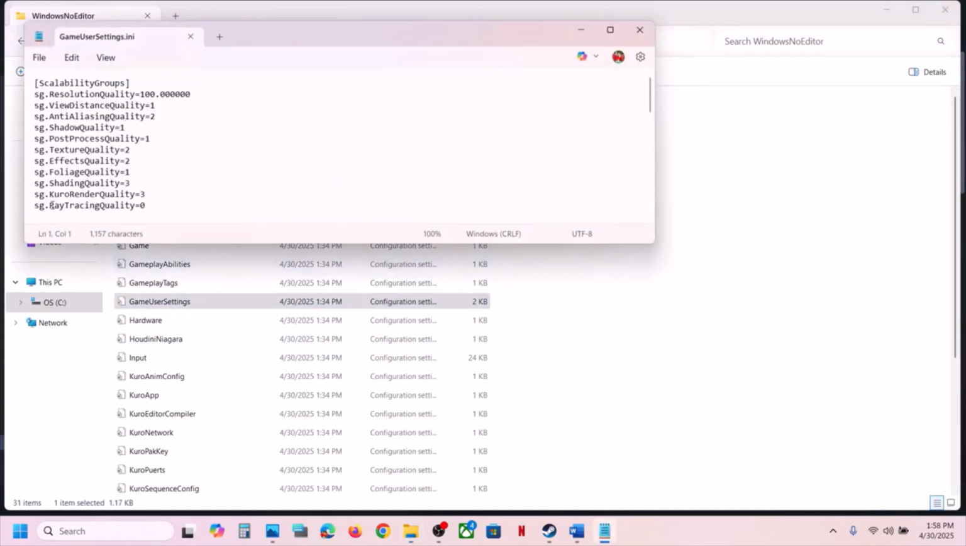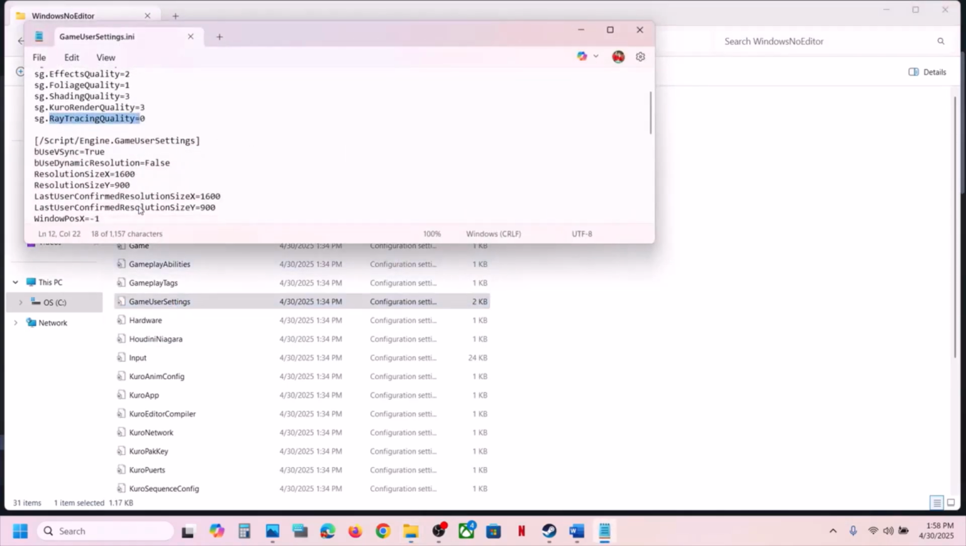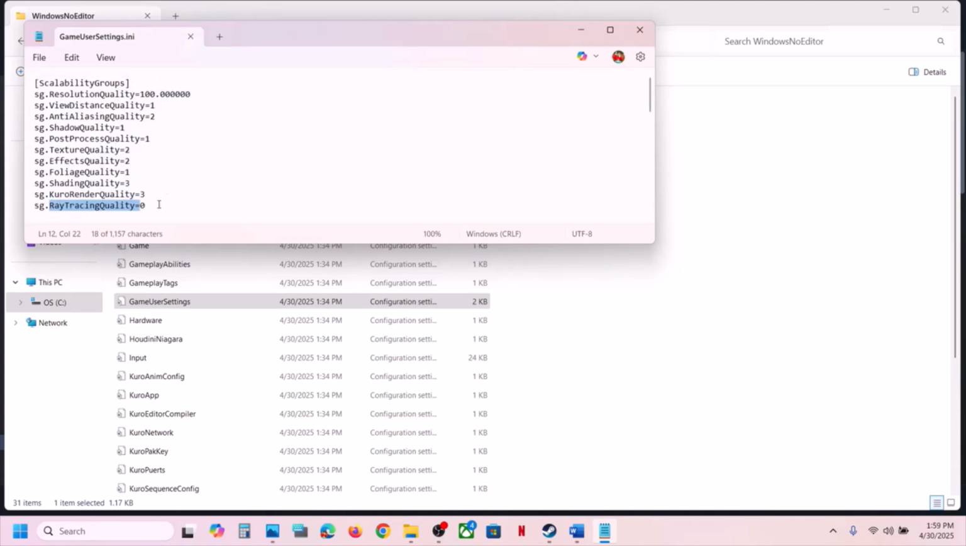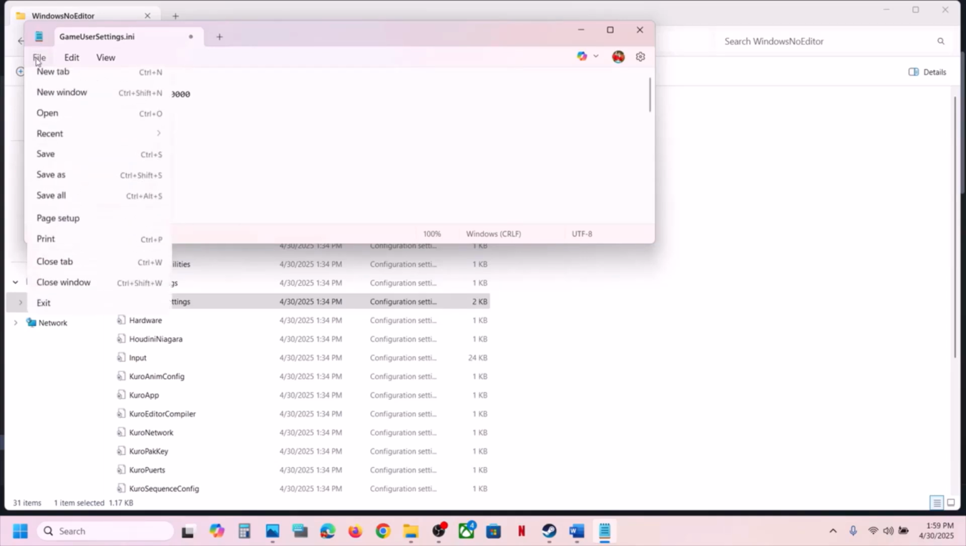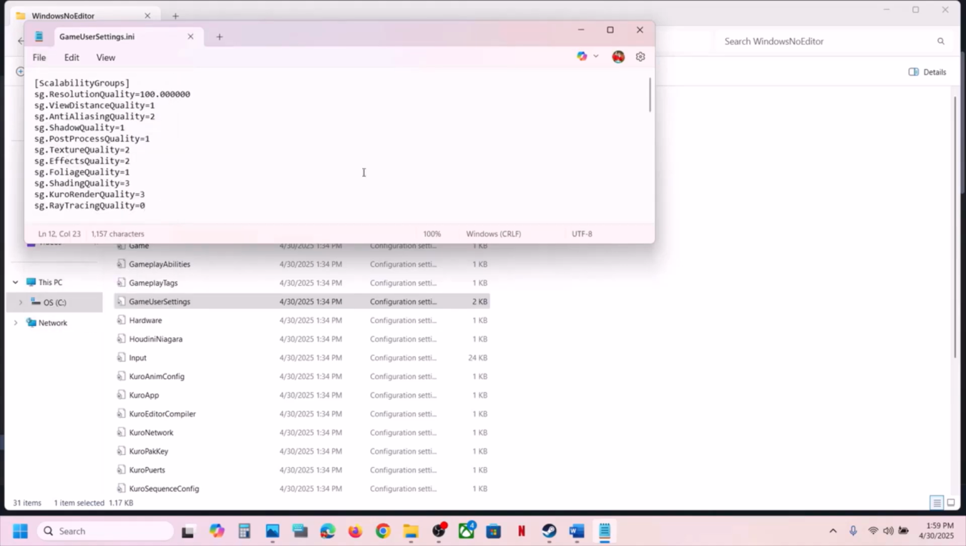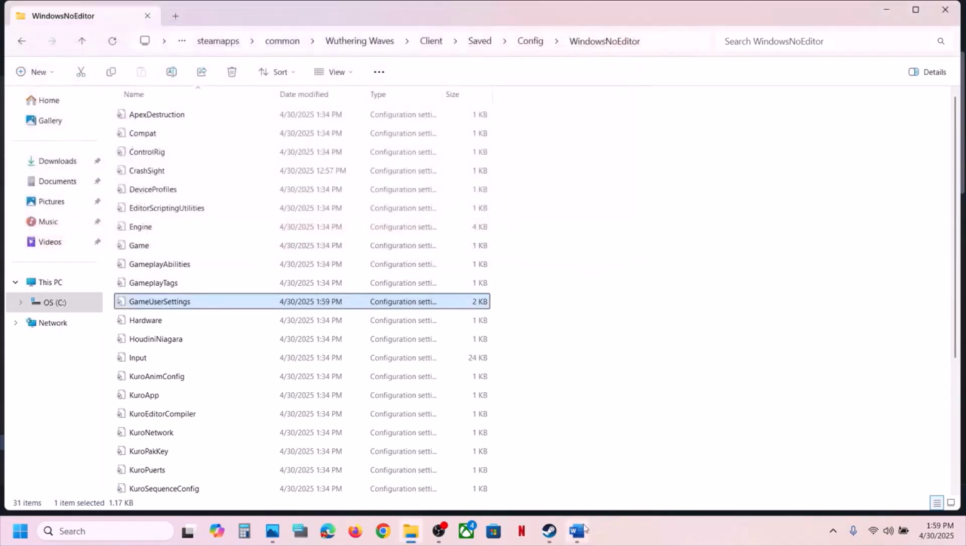Over here you can see ray tracing quality. Let me check. So over here you can see ray tracing. If this is set to 1, so by default if the ray tracing is on, it should be 1. If this is set to 1, you can set it to 0. Just change the value to 0, then go to file and then click on save, and then launch the game and then check. If that does not work,